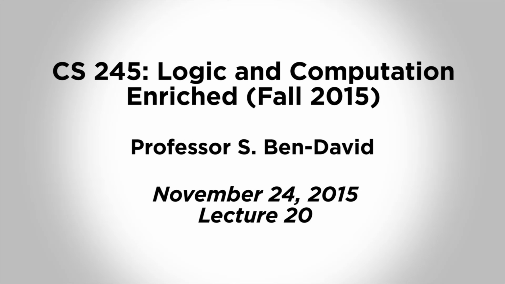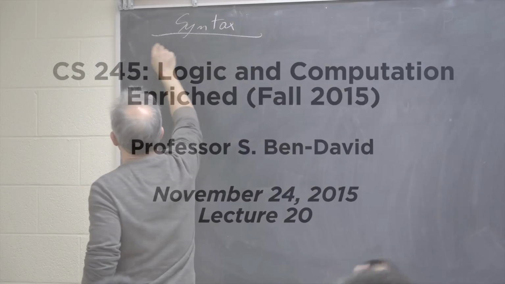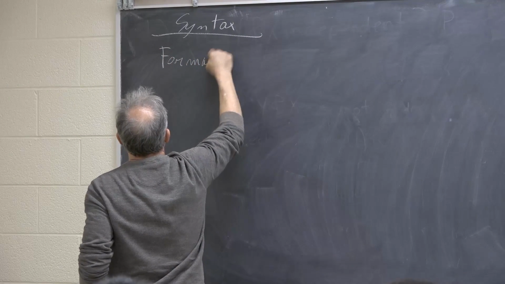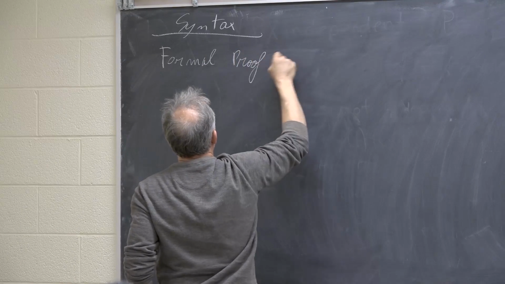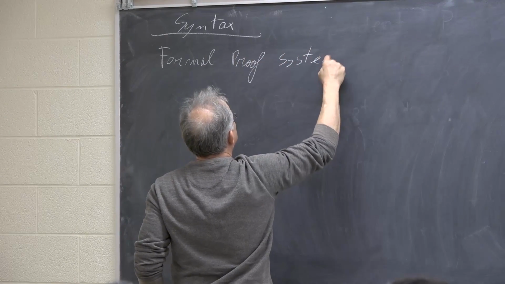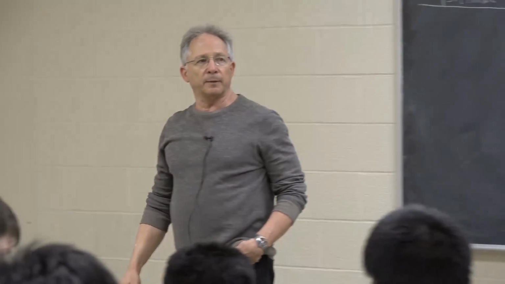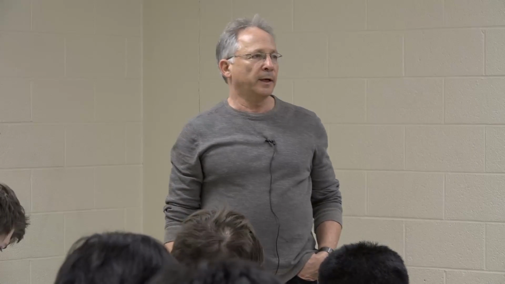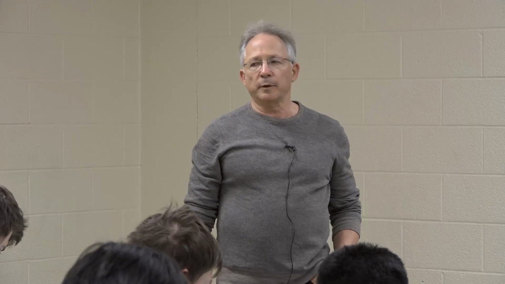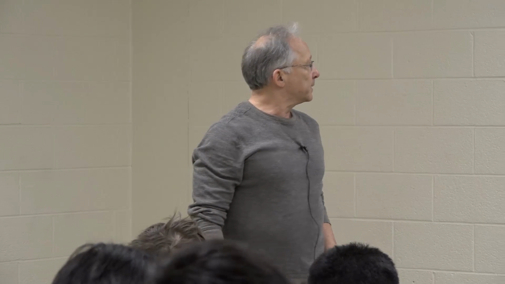Okay, so we were talking about axiomatic. So we are now in the syntax part, and we want to say a formal proof system for first order logic, and it will have the same style as we had before. We will have axioms, and we will have deduction rule, and the deduction rule will be again modus ponens. So the difference is in the set of axioms, and the set of axioms will even be defined